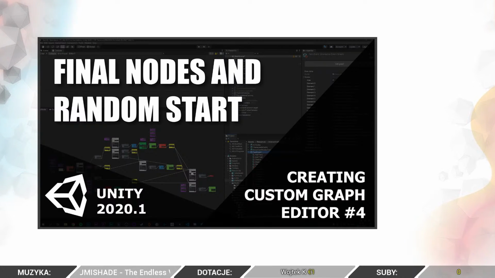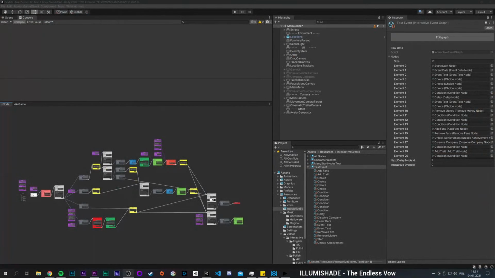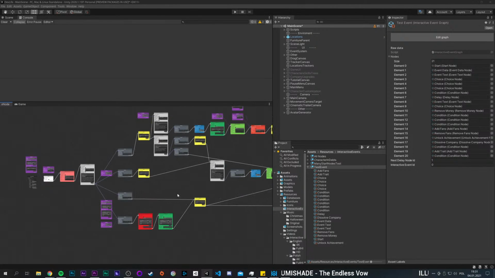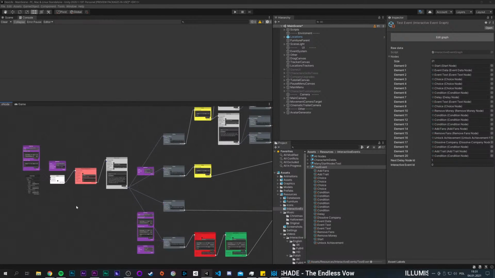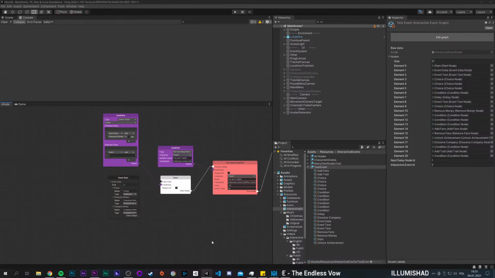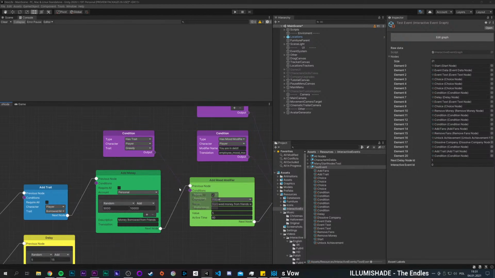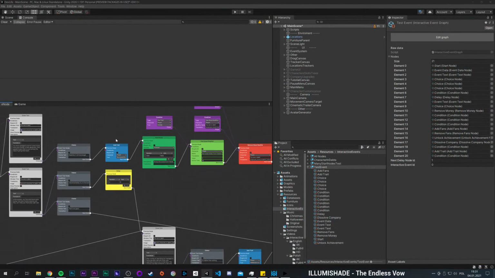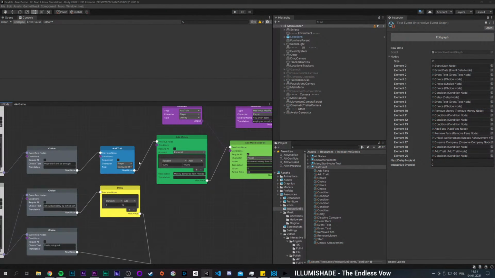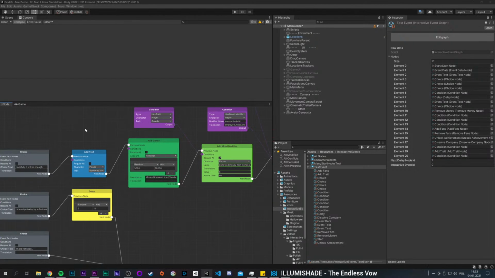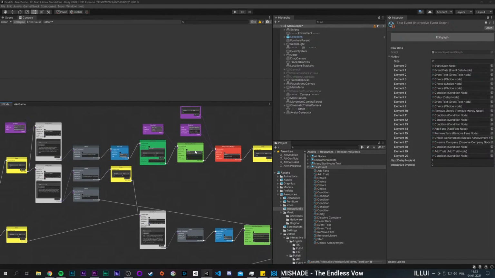But anyway, let's go to the main subject of today. So, our event graph. As you can see, I've done quite a lot through Christmas and New Year's Eve. I mainly changed a lot of the visuals, but the most important thing is this. I've changed a little bit the way that I'm doing the values in all of my nodes that are numerical, because